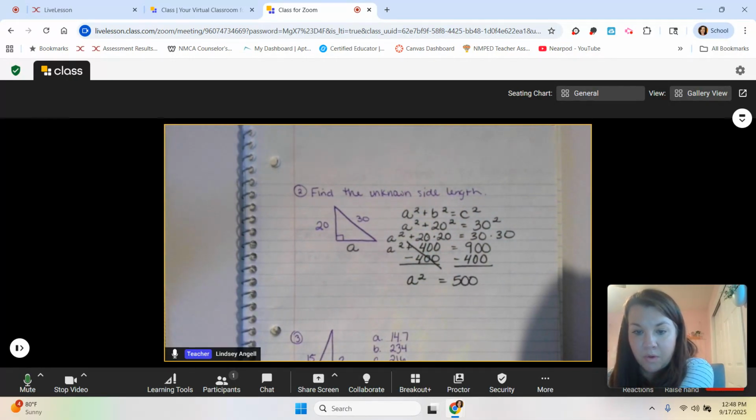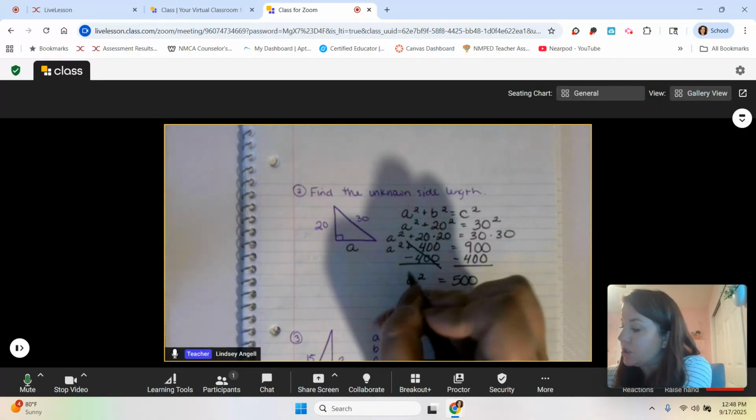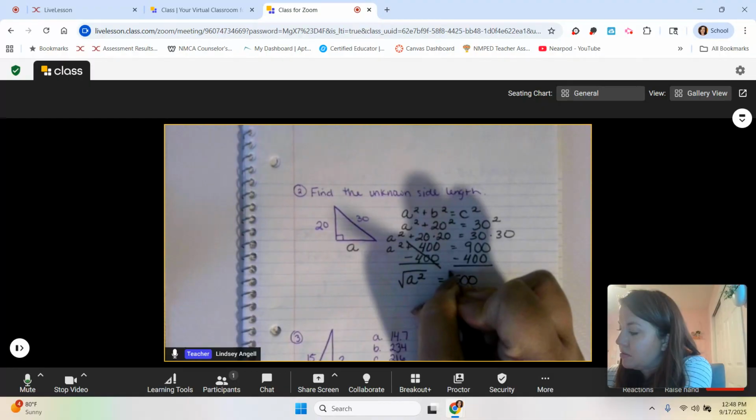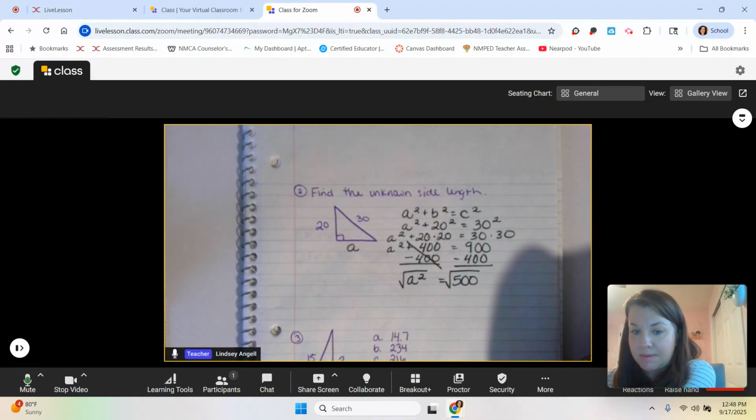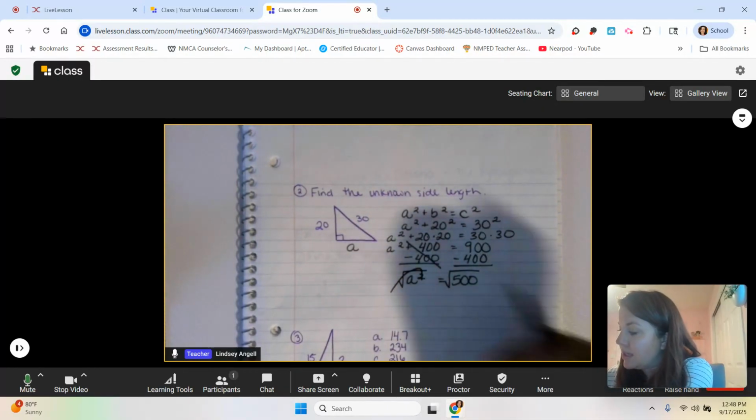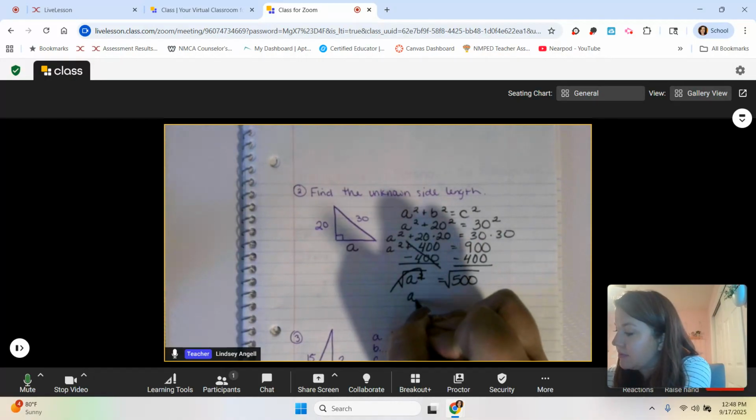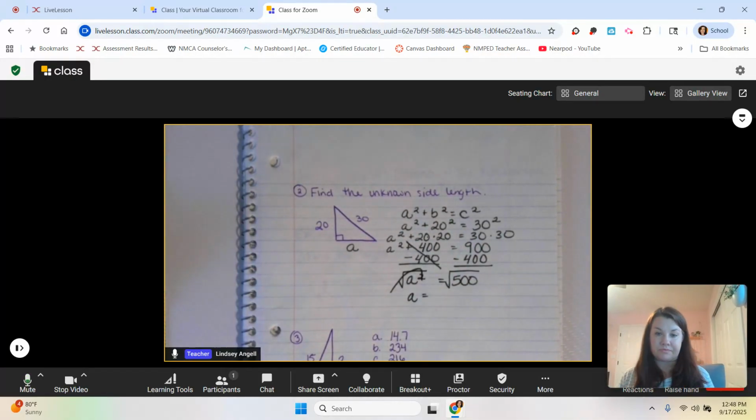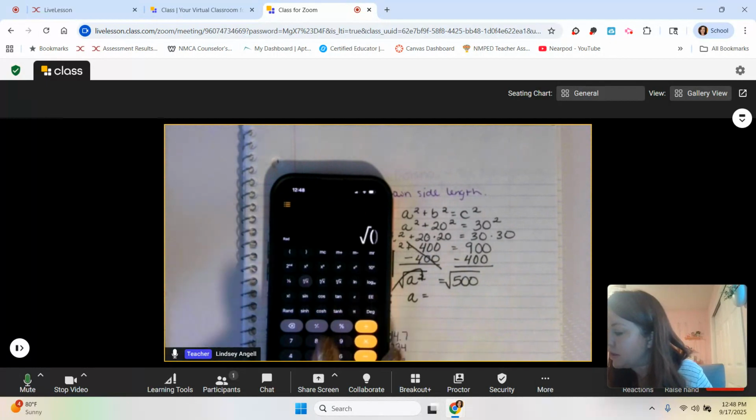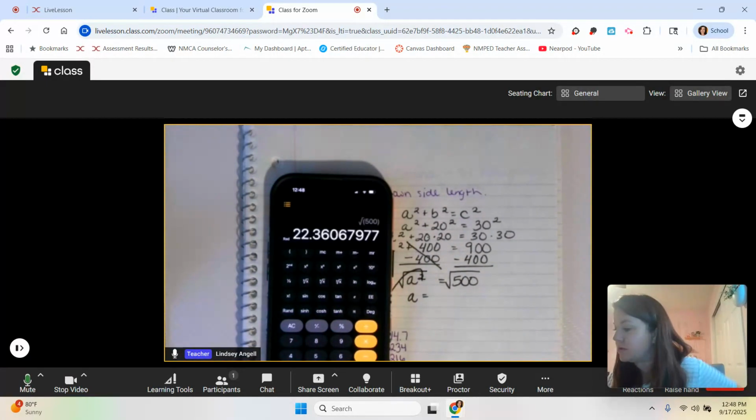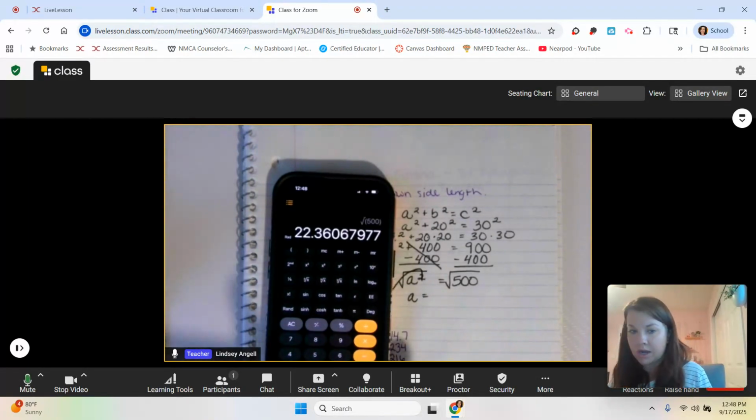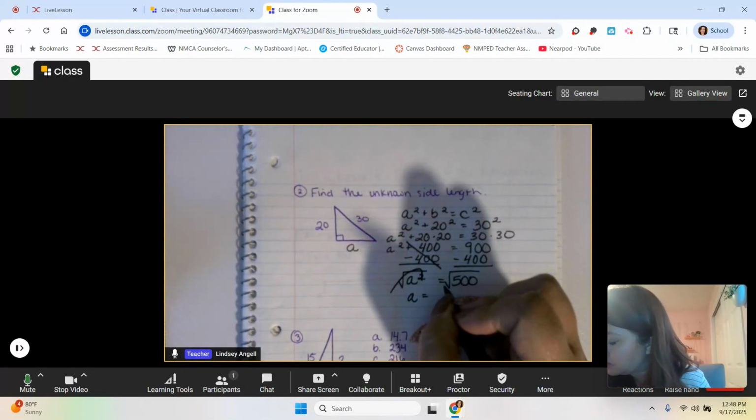Just like the problem before, the opposite of squaring a number is square rooting a number. So I'm going to square root both sides of my equation in order to keep it balanced. These cancel out, and I'm just left with A equals, and then I'll come back to my calculator. Square root of 500 is equal to 22.36, on and on and on. So A is equal to